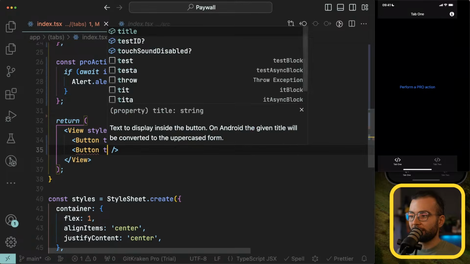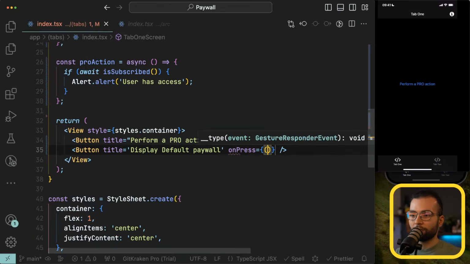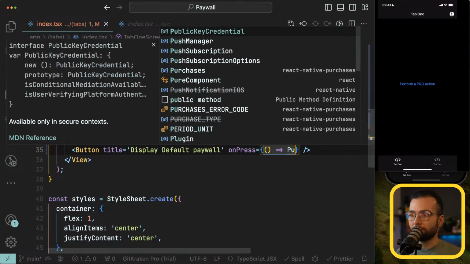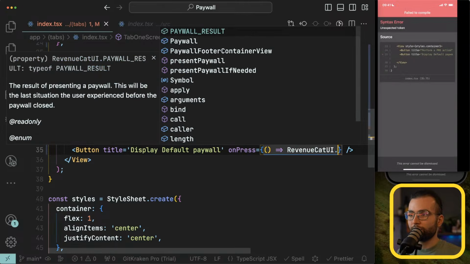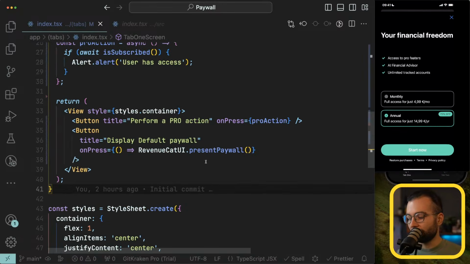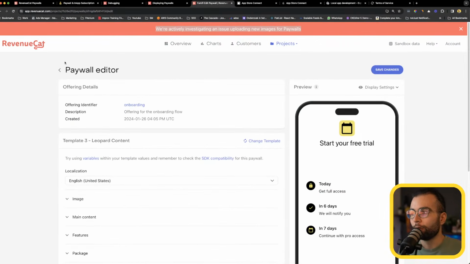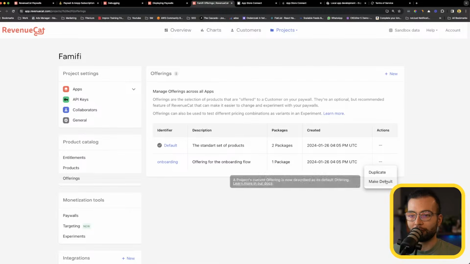For example, I will have a title, display default paywall. And on press, I will simply call purchases RevenueCat UI dot present paywall. If we simply call present paywall, it will automatically display the default one. The default one of the offering that is selected as default, not the one that has the name default, but that is selected here for you. So if you choose from default to onboarding to make it default,